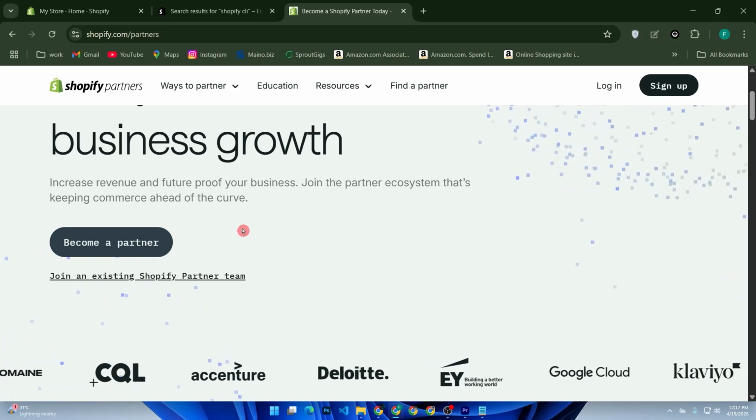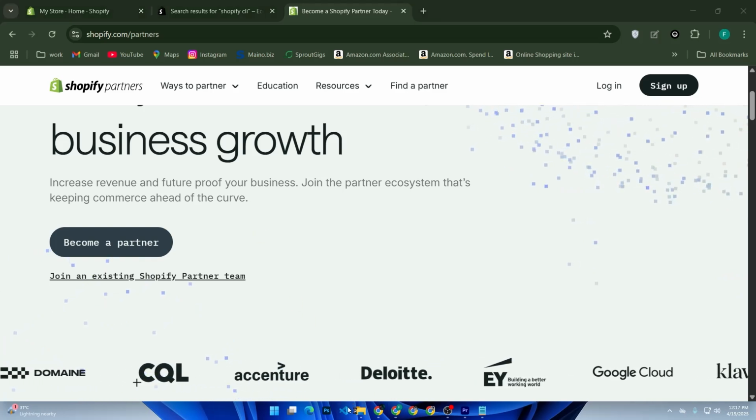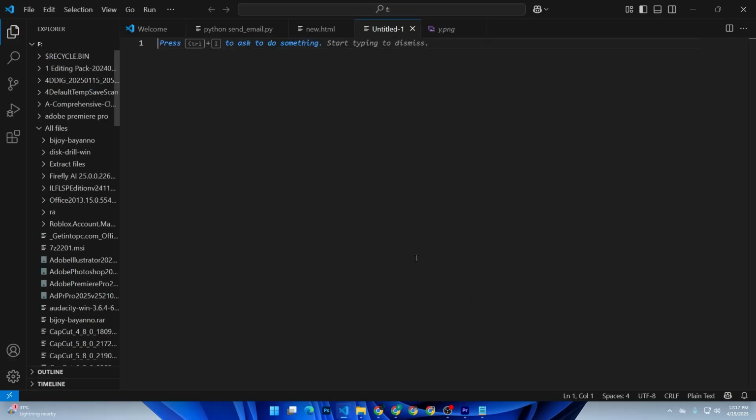Use a code editor like VS Code for editing your files. Use Shopify's Dawn theme as a base if you are just starting. It's open source and beginner friendly. Start editing these key files